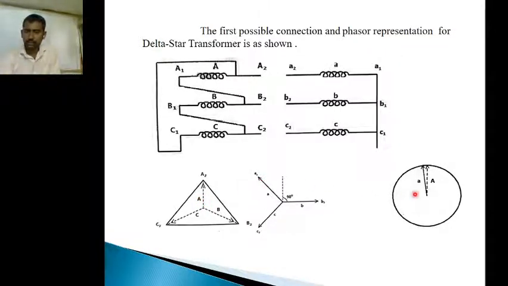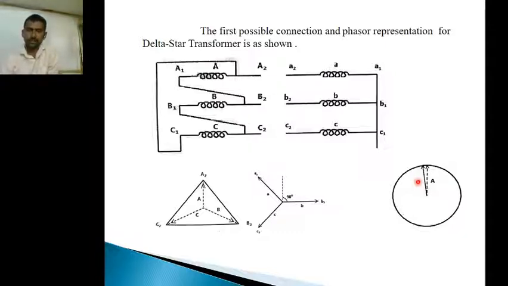By observing the single phase A, this is the capital A and this is the small a. What is the angle between the capital A and small a? Normally this angle is 120 degrees, and if you draw a perpendicular, then we get 90 degrees. So this is a perpendicular line, 90 degrees. What is the remaining angle? 120 minus 90, that is 30 degrees. We know that a clock has 12 hours, and the degrees provided by the clock are 360 degrees. So for every number, how many degrees do we have? 360 by 12.